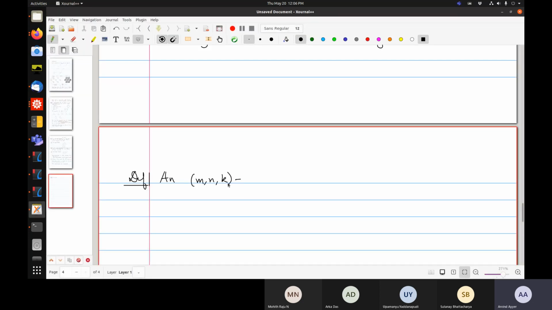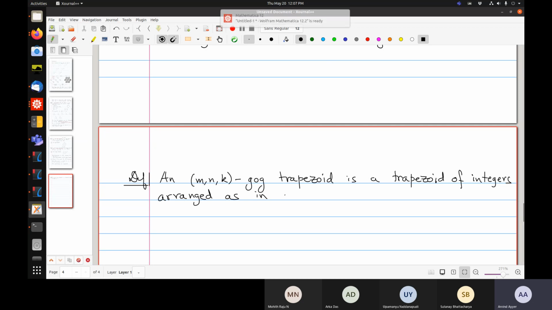So an m n k gog trapezoid is a trapezoid of integers arranged as an nk gog trapezoid